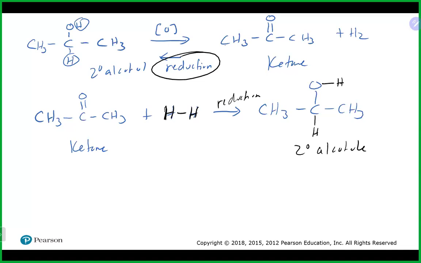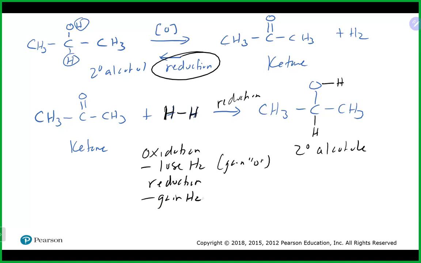So again, remember the definition of oxidation, or one of the definitions, is that you lose hydrogen. You could also gain oxygen. And a definition of reduction is you gain hydrogen and you lose oxygen. And those are really the two definitions of oxidation reduction used in organic chemistry, because it's all about nonmetals and nonmetals. So there's not a lot of looking at electrons being gained and lost because there's not really transfer of electrons. Everybody's sharing electrons. So we look at the gaining or losing of hydrogen or oxygen to see what is going on in terms of oxidation reduction with organic